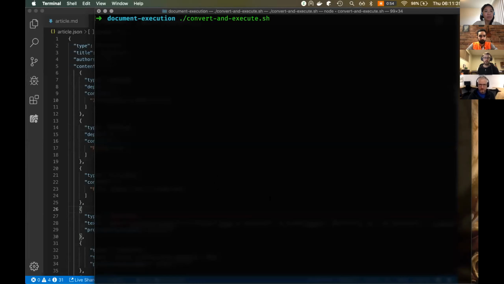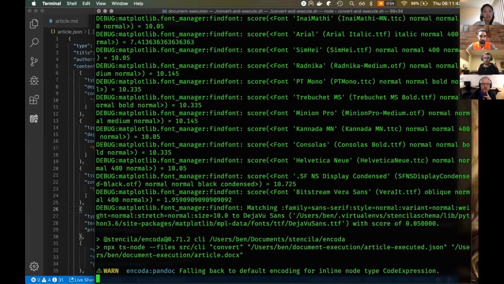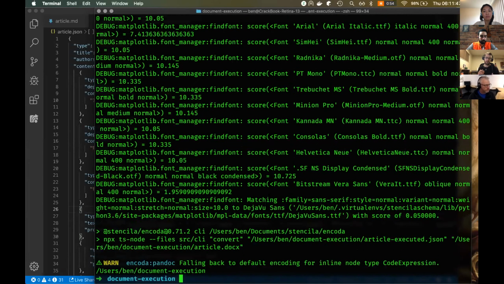So what I've done here is just link a bunch of different tools together. This is converting from the docx back to JSON, re-executing it in Python, and then taking that JSON back to docx. At this stage there's lots of different tools that I've linked together, but our plan is to have this all integrated, so you can just take a docx and say, I want to re-execute that without having to do all this back and forth. It'll happen automatically in the background. So yeah, that's run, converted back to JSON, rerun the docx,